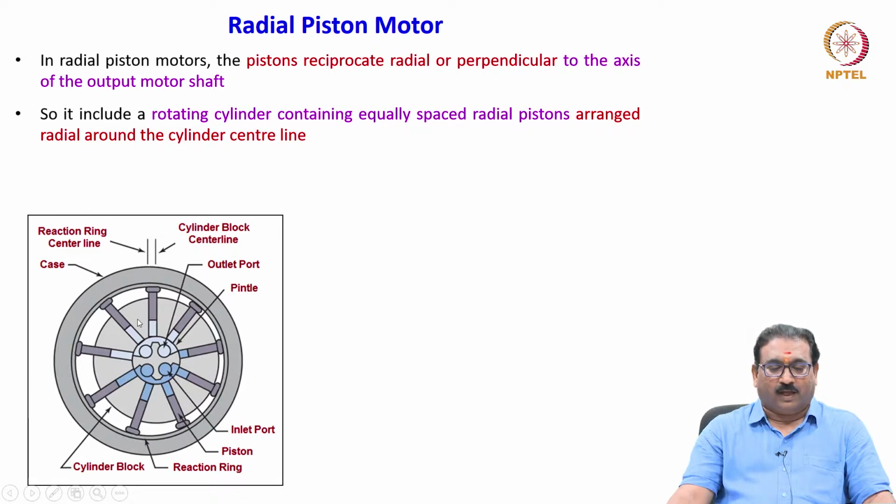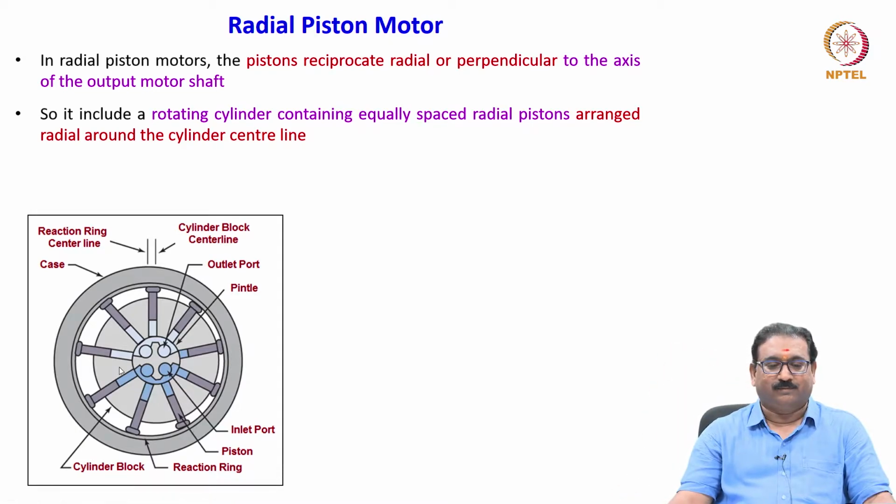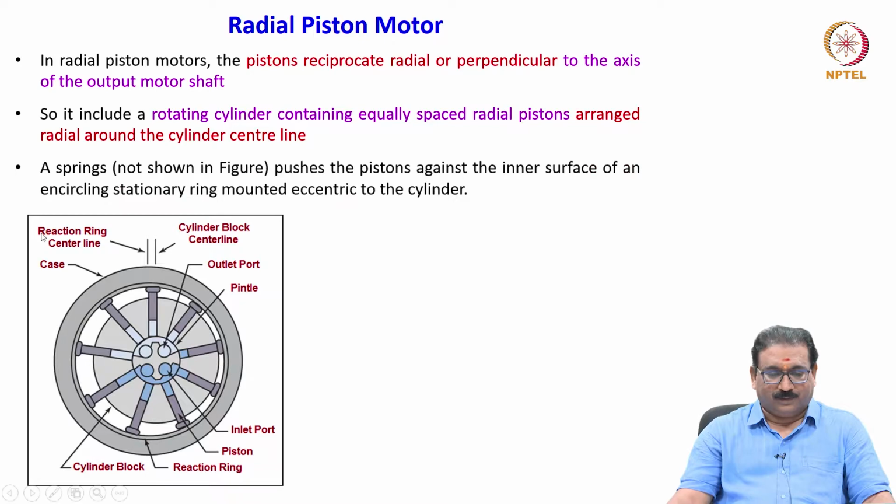So, it includes a rotating cylinder block. You will see here this is a rotating cylinder block. Radial slots are there in which pistons are inserted. A spring, not shown here, generally pushes the pistons against the inner surface of an encircling stationary ring mounted eccentric to the cylinder. Please remember here friends, how the stroke is achieved is,